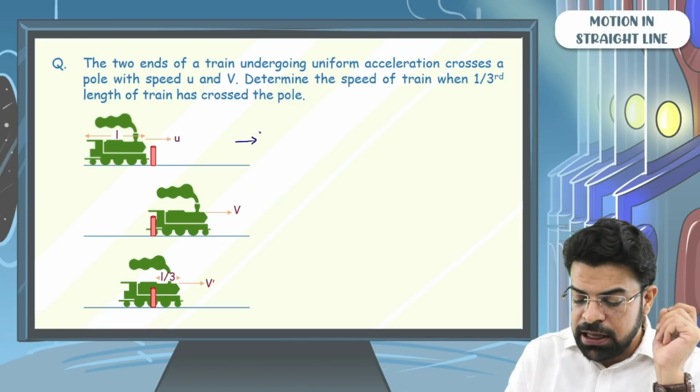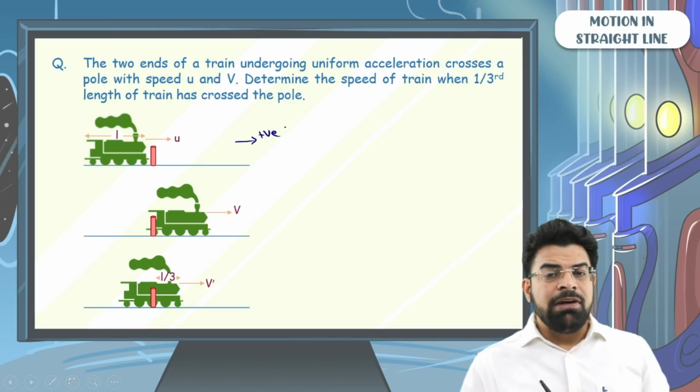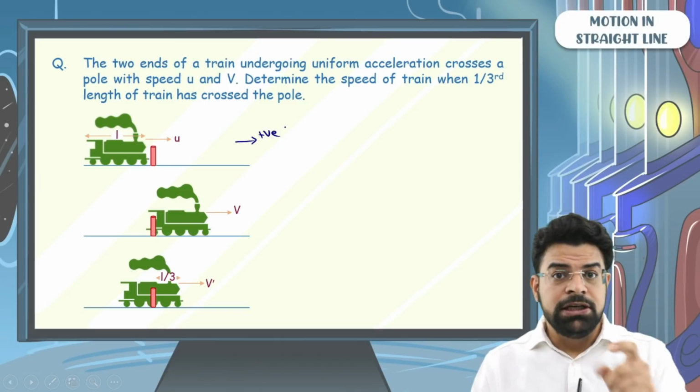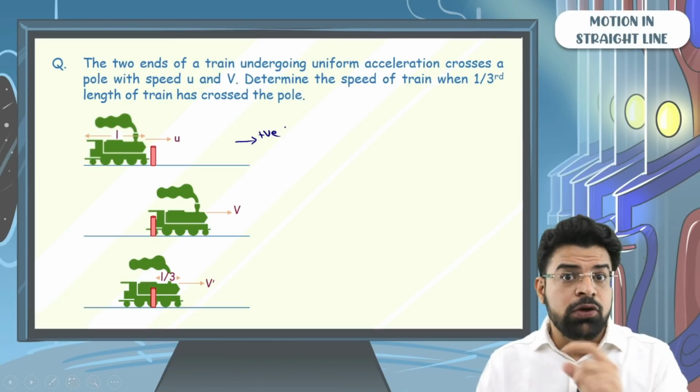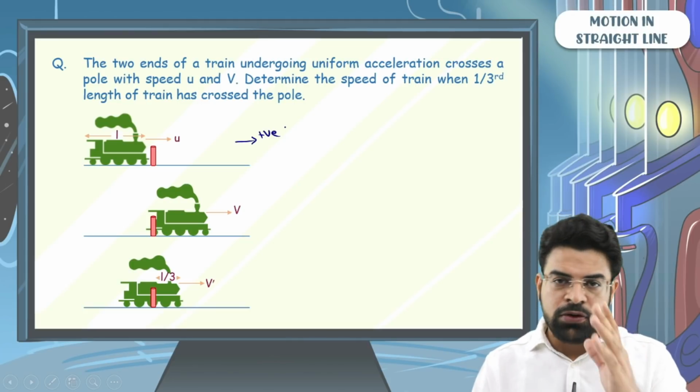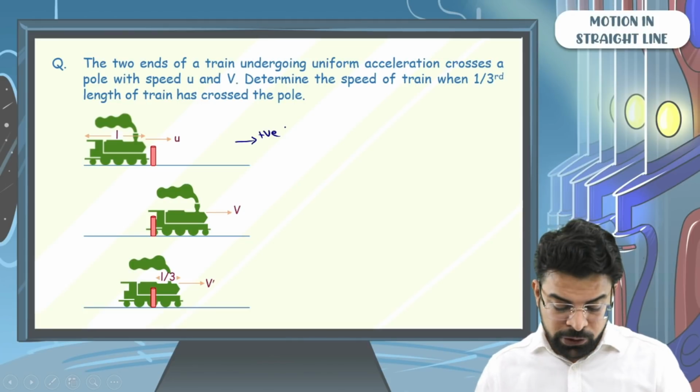I will take the direction towards right as positive. When I say that I will take the direction towards right as positive, the velocity, the acceleration, the displacement towards right will be taken as positive, while the velocity, acceleration and displacement towards left will be taken as negative. So first thing,